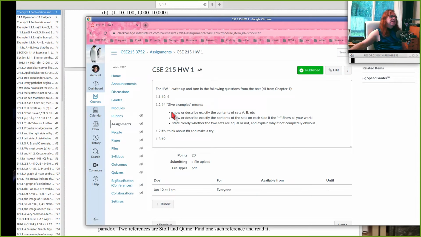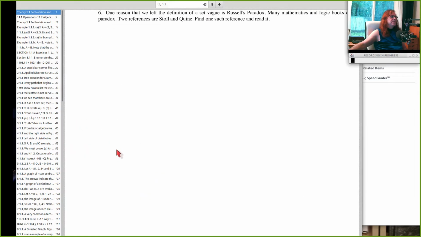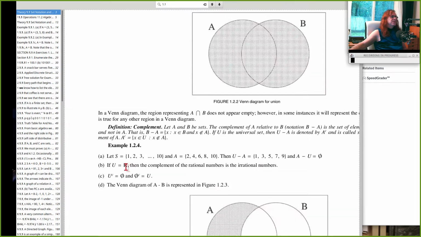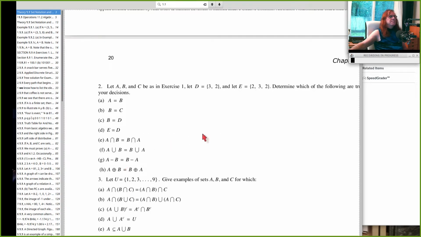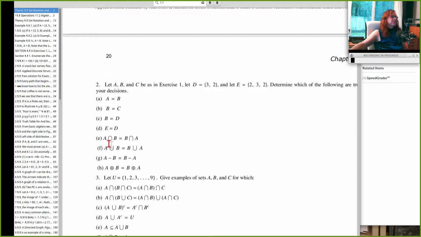All right, and then 1.2, question 4. So we're going to talk about set operations next. And so we're going to talk about these intersections and unions and subtractions and so on and so forth. So 1.2, question 4,